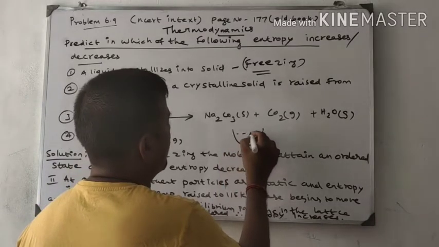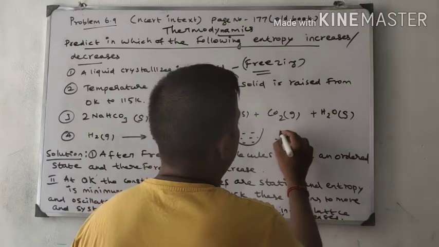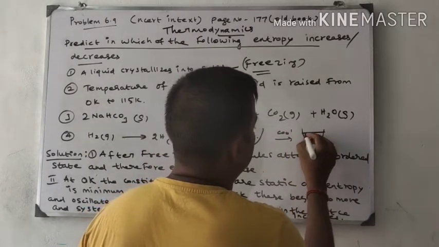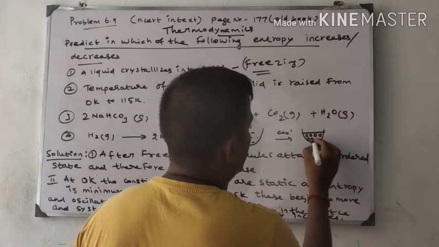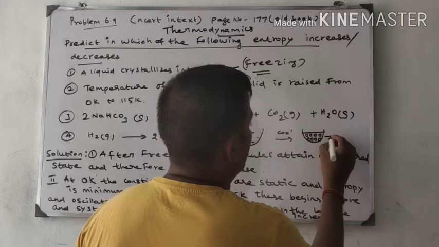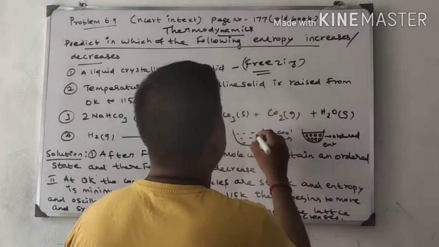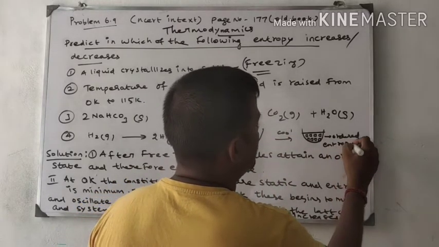In water, atoms are there like this. H2O in a vessel. Now I am going to freeze, cool. Atoms are like this, orderly arranged. It crystallizes, orderly arranged. Entropy decreases. Here zigzagly arranged, here there, and entropy decreases.